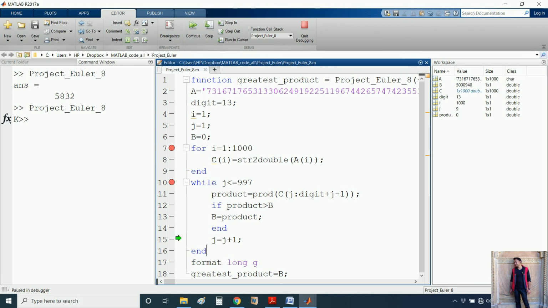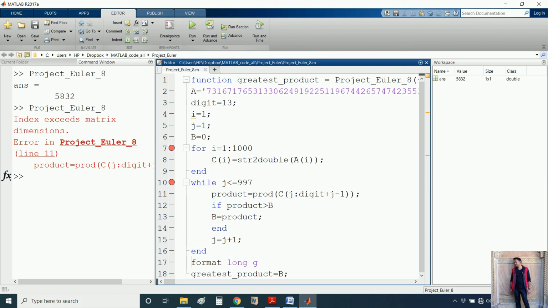I cannot show you all of the iterations because it will take much time. I will click here, I will click on run to the cursor. Can you tell me what I have done wrong here? Because the digit is 13 and here I have put 998, so I have to put 988.